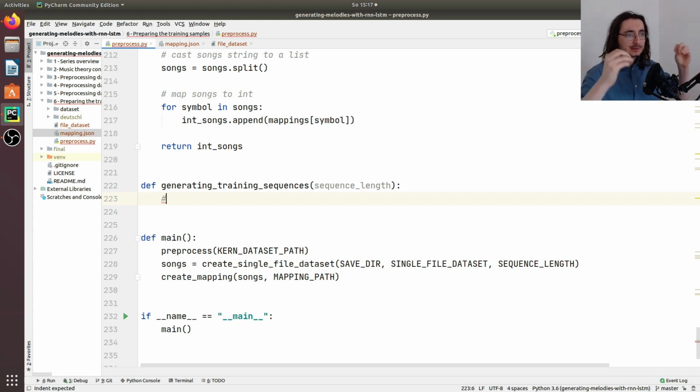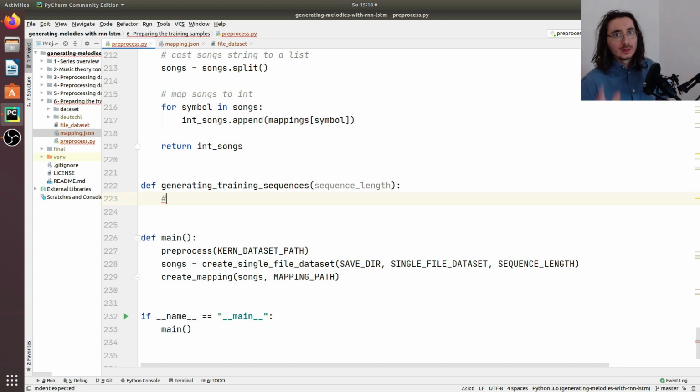And so we're going to feed these sequences into the network, and then we are going to have targets for that. So this is a supervised problem. So we are basically addressing this problem as a supervised task. And so we're going to need to have both inputs and relative targets. So as I said, the inputs are going to be fixed length sequences or subsets of our time series input dataset, and then the targets are going to be the value, that item that comes just after each sequence in